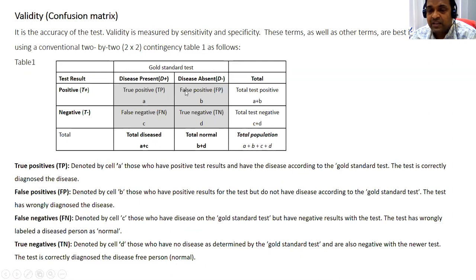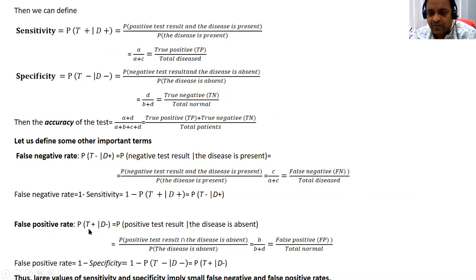So that is the B, where the laboratory test gives a false result. A false result means a false positive test: somebody is identified as having the disease, but actually the individual does not have the disease. So the false positive rate is the false positives divided by how many individuals are truly free from the disease. This is the conditional probability: how many have a false positive divided by the total number of people actually free from the disease, that is B over B plus D.